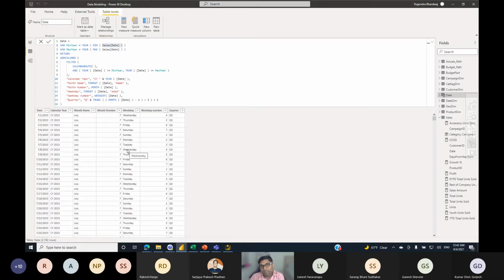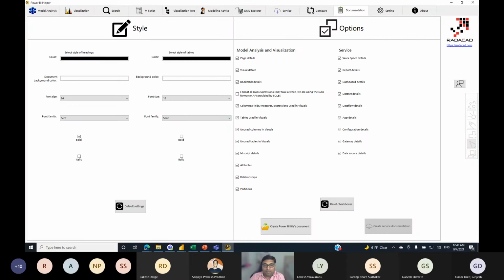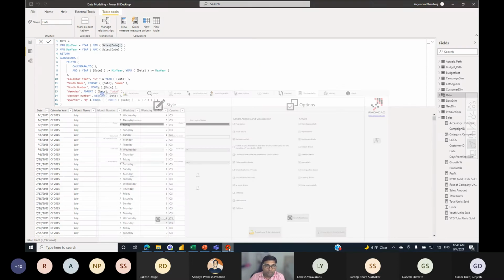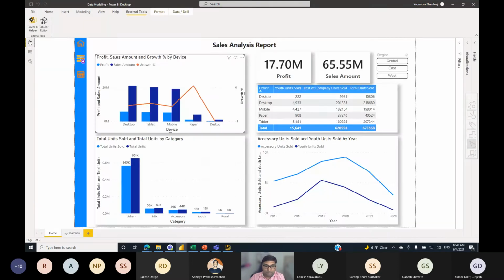So what happened? In this scenario, if you're using this practice, you will have only one date table in your model, and there is no cache table as well. But if you are using a date column directly from your table, in that case, you will have multiple date tables, not here, but behind the scenes. Those are hidden tables. Documentation is something I like very much here.